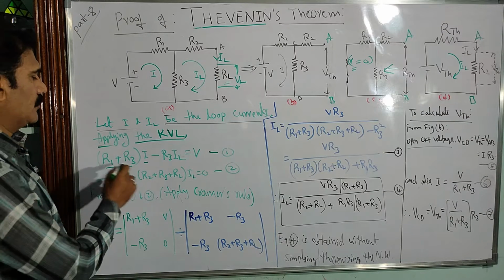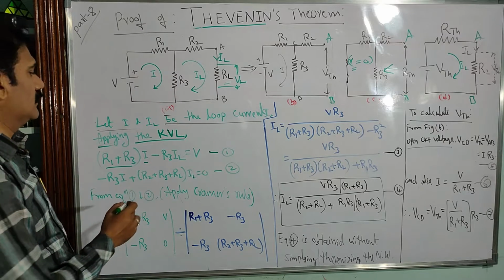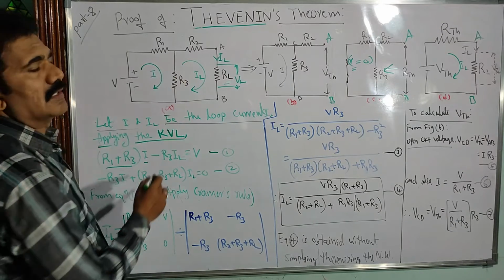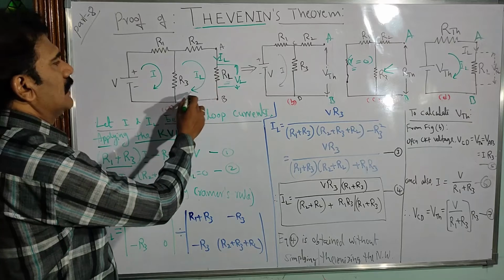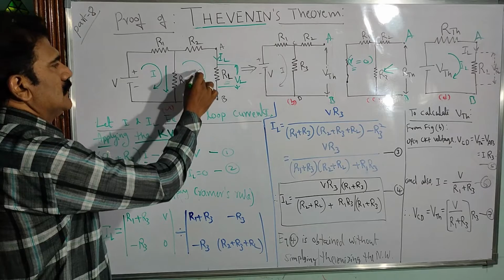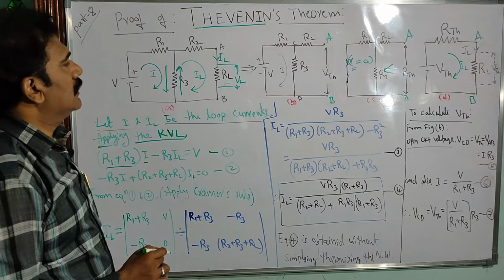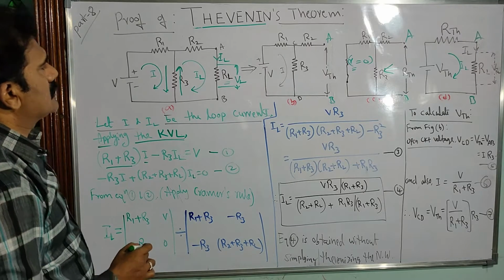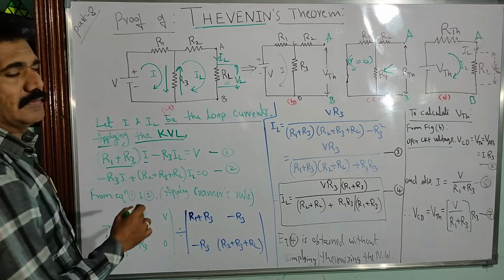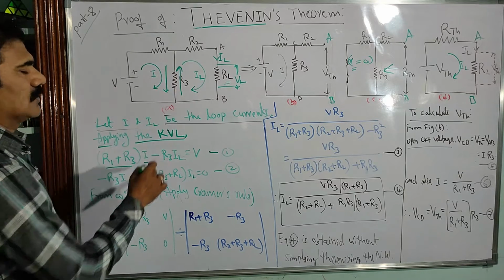According to Ohm's law, you can take the product of these two as the total EMF lost in the loop. And then minus, because there is another current passing through the same resistance branch, that is R3. That is IL. IL is also passing through R3 but in the opposite direction, isn't it? I is in the downward direction, whereas if you consider the loop, IL passes through the resistor R3 in the opposite direction. So consider that current and resistance also in the same equation, but since it is in the opposite direction you have to put a negative sign. So minus R3 into IL. If the currents are in the same direction, then you have to consider the total.